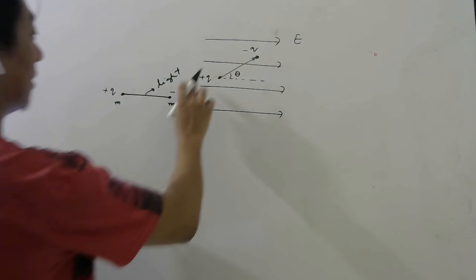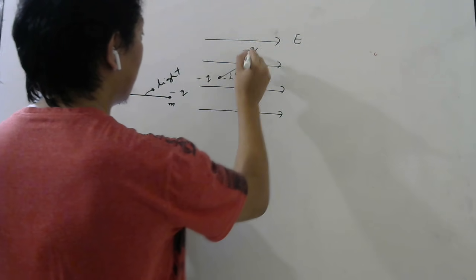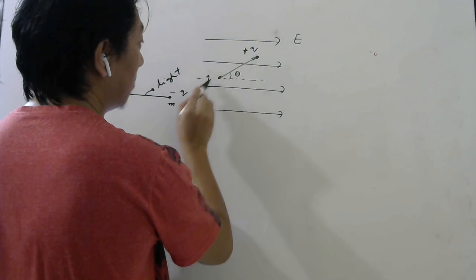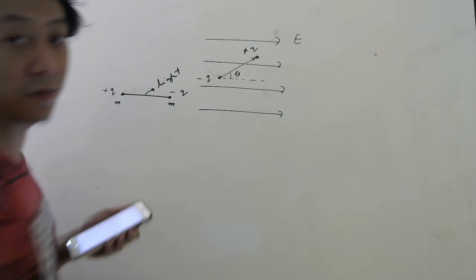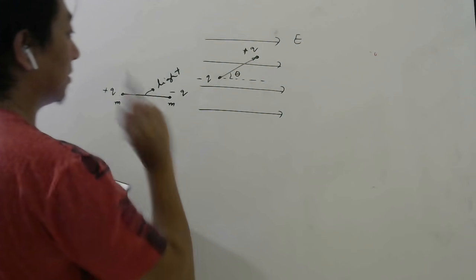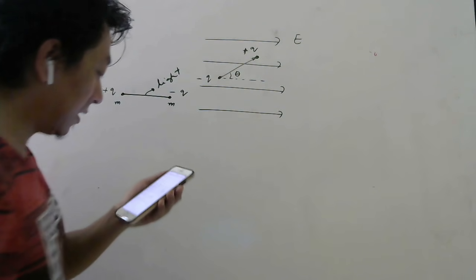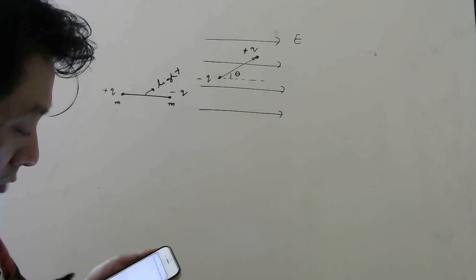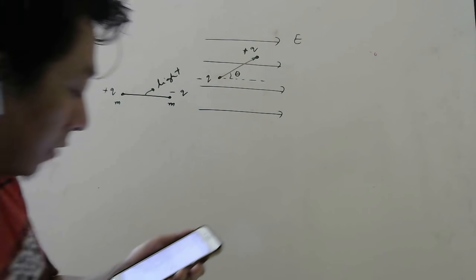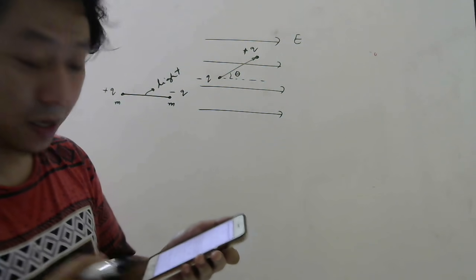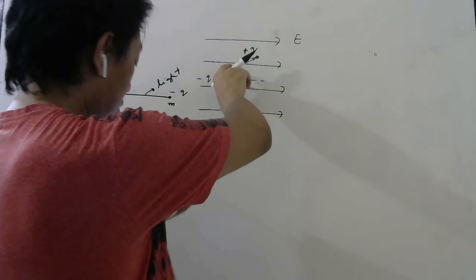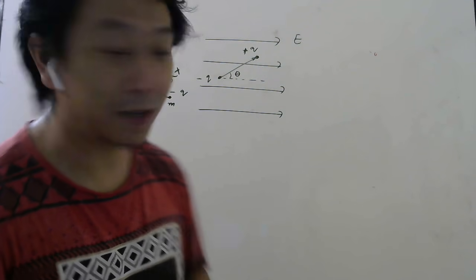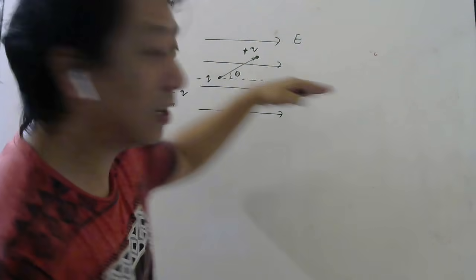Oh, sorry, minus q is here. Correct only. Minus q is here, plus q is here. So dipole moment is from where to where? Minus q to plus q. So correct only, no problem. So this is minus q, this is plus q, and this angle is theta, they are saying. What they want is the expression, the formula for the minimum time needed for the rod to become parallel to the field. Minimum time taken by this rod to become parallel to this field, they are asking.